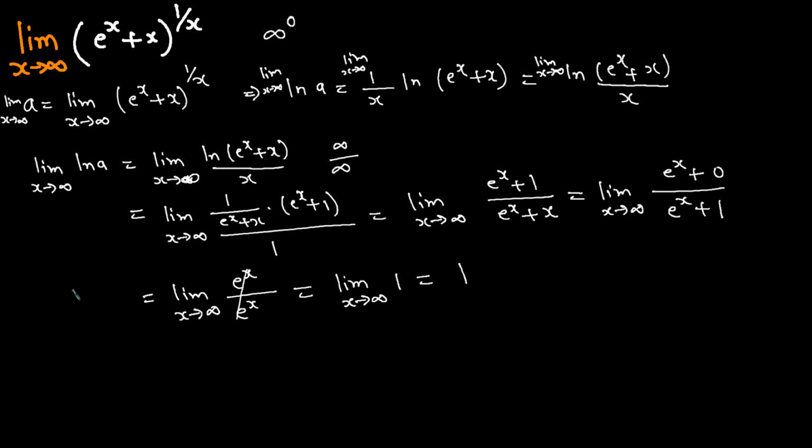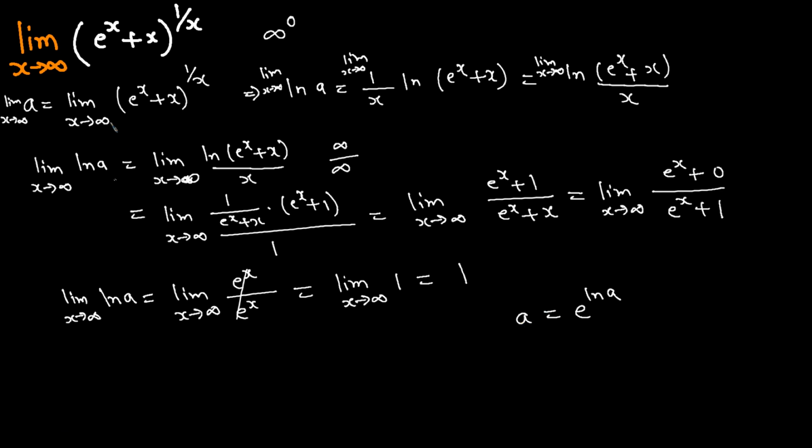So this is the limit as x approaches infinity of log natural a. And the second trick we're going to play over here is, we know a is equal to e raised to power log natural a,